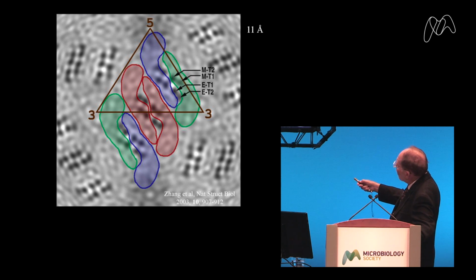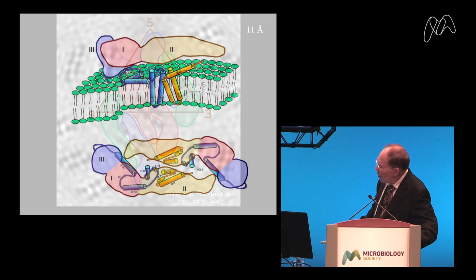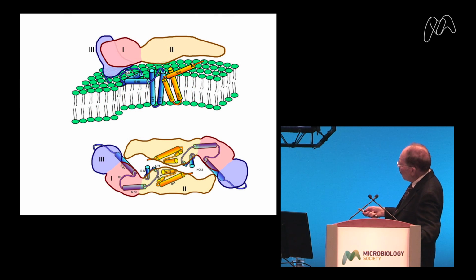And the blue is again the same, except there's a molecular two-fold axis at this point, the icosahedral two-fold axis at that point. So diagrammatically, we have now the structure of the mature virus. We can see the 4 transmembrane helices per monomer, and this is the 3-domain structure of that monomer, and here is the dimer more diagrammatically.